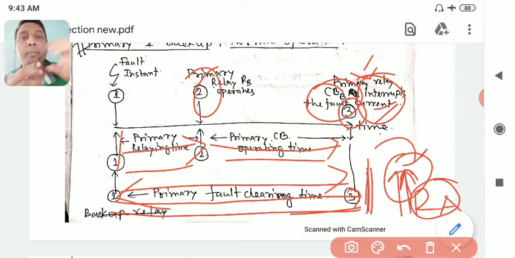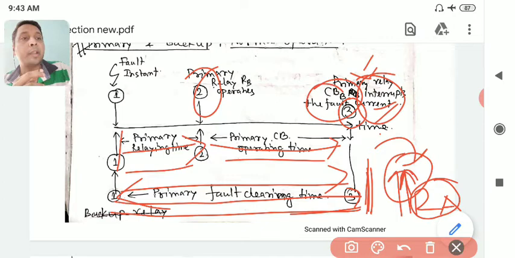Actually, in earlier days, when there were electromechanical relays, there was a disc which was rotating. Some discs are allowed to rotate a small distance and some discs are allowed to rotate very far. So the backup one is allowed to rotate a very far distance. Both start rotating, but the primary will hit the target after a small rotation, and the backup will take some time. It will rotate a full cycle, then hit the knob, so that the trip signal goes to the circuit breaker. That is what used to happen in earlier days, but nowadays it is programming based. Directly in the program they give the command, and after that many seconds it automatically trips.